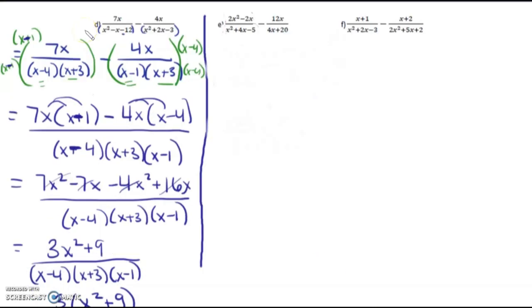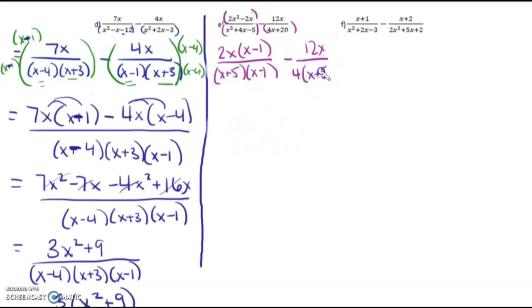Okay, for E, again, we're going to start by factoring the numerator here and then the denominators. So I get 2x, and then I get x minus 1 left in the bracket over x plus 5, x minus 1. And 12x is normal, and we're going to factor out the 4x plus 5 here. So the x plus 5s are identical, so we leave that. And what we're missing is a 4 in the first